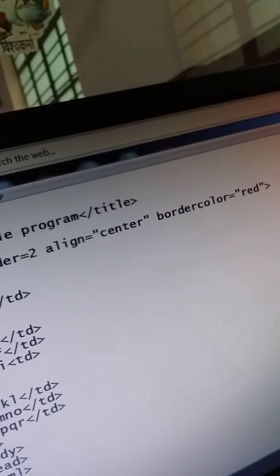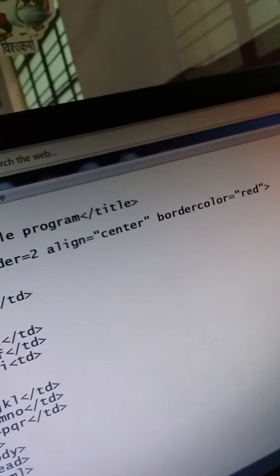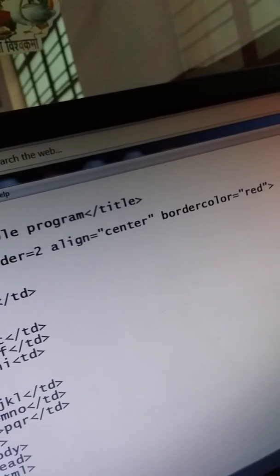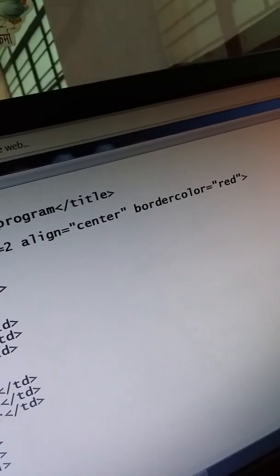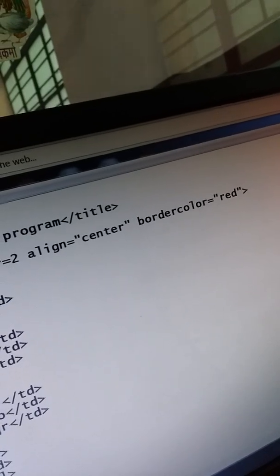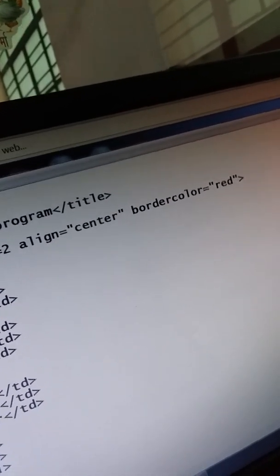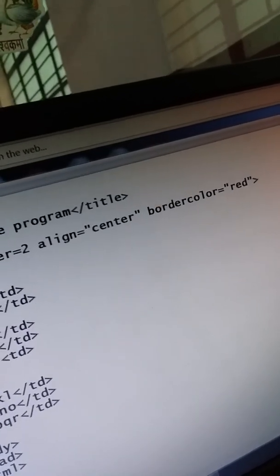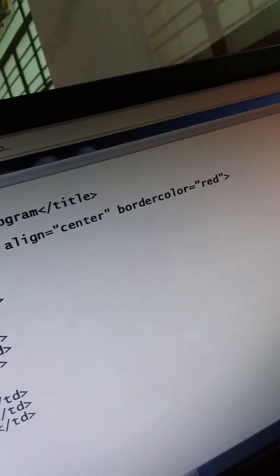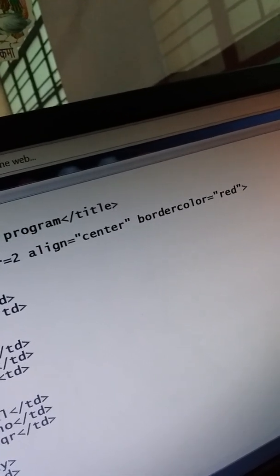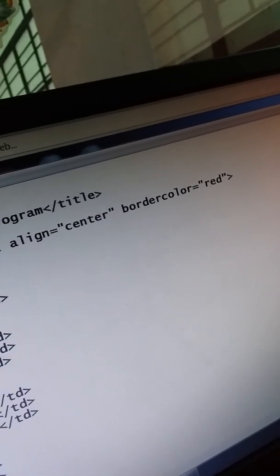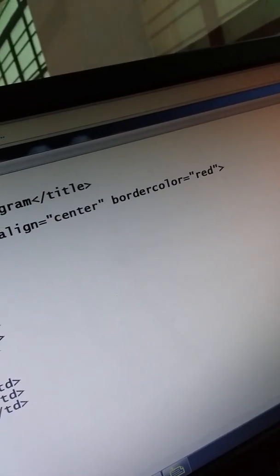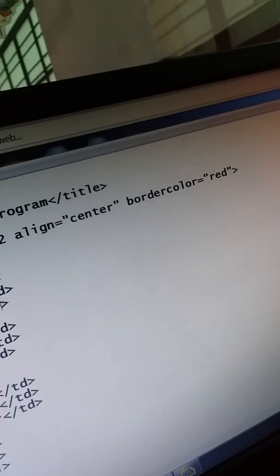Once again, td, write here Sita, td close. Once again, td, Mohan, close td.